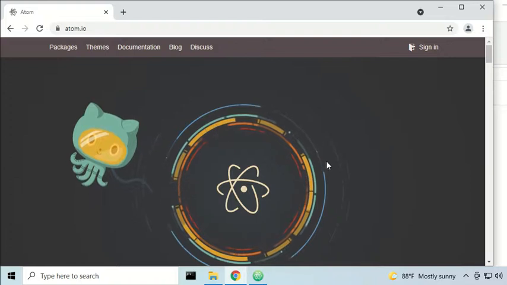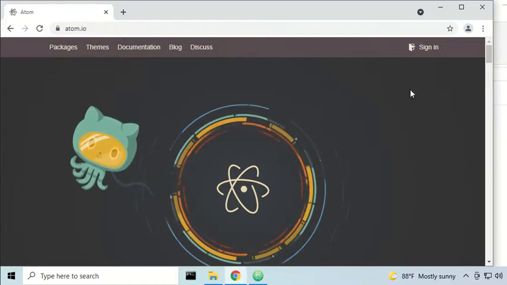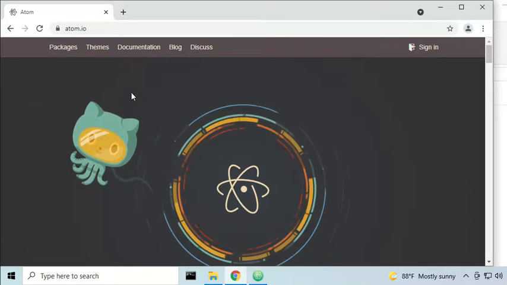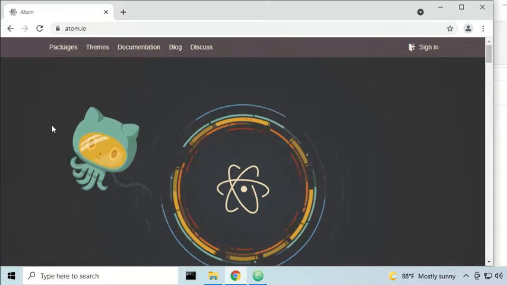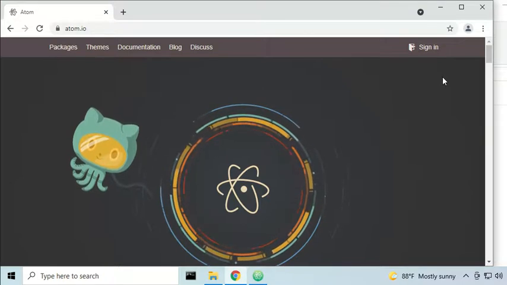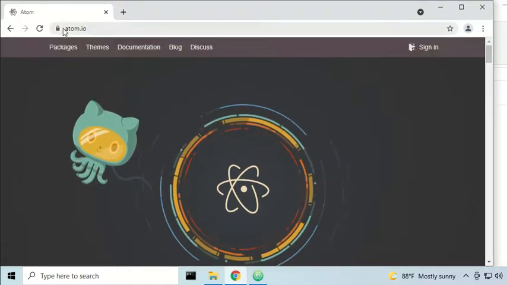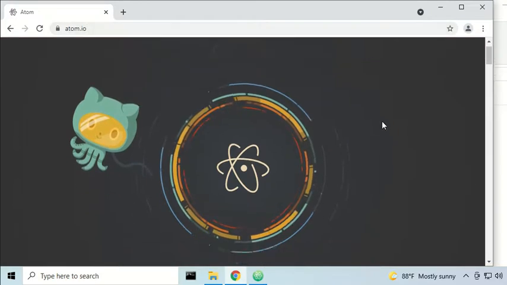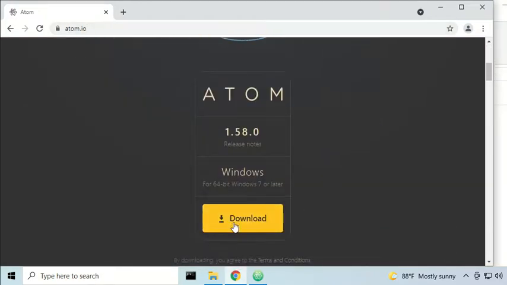Okay, in this video we're going to install the Addons text editor. It's a very useful open source editor that has a plugin system where you can install all sorts of different plugins to add functionality to your text editor. Okay, so open up a web browser and go to addons.io, and if you scroll down here there is a